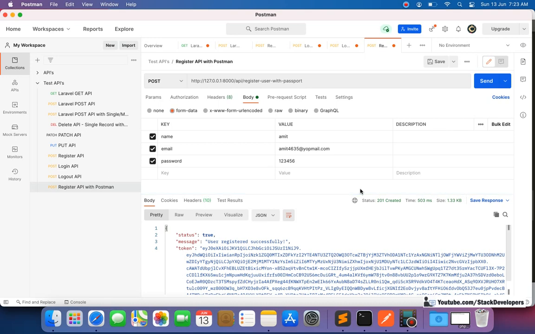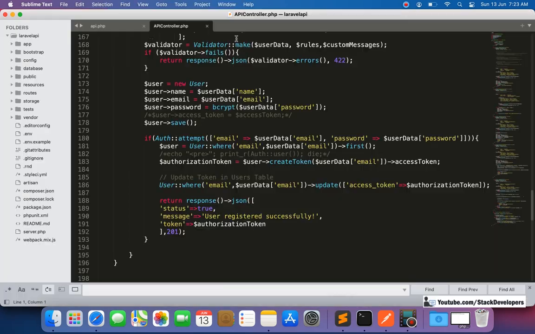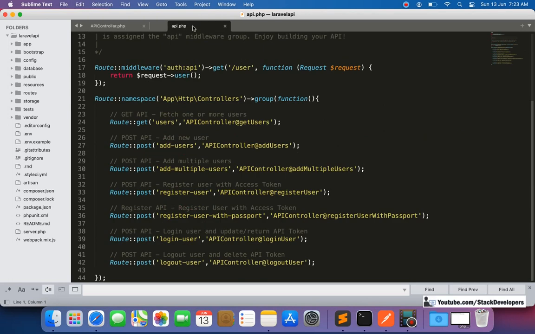So let's start. First of all, we are going to make the route for login as well. We can make a similar route, same as this one. I am going to copy this one and paste it here.